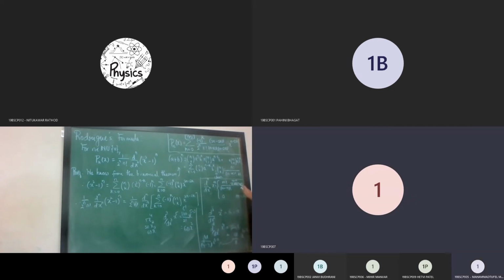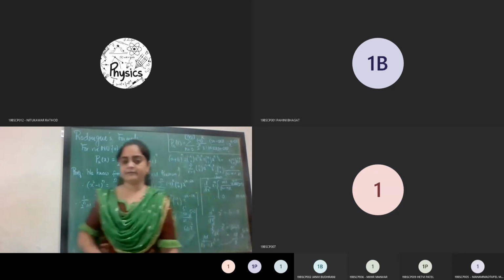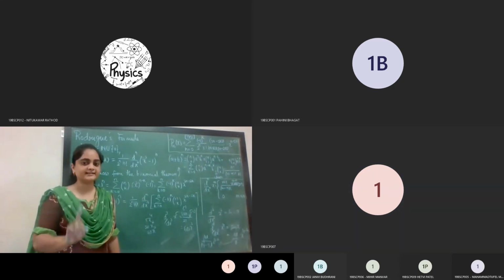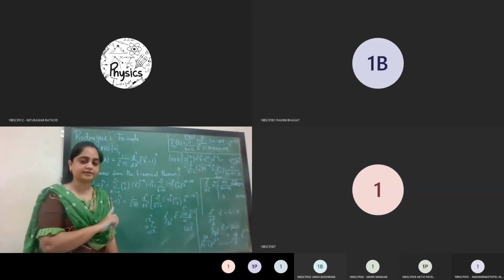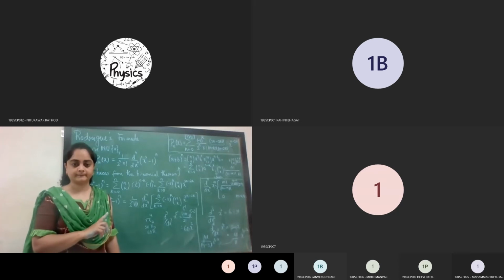Yes, ma'am. अभी एक ही केस बचा, that is m is equal to n. m is equal to n जब आप लोगे तो if you see this one, this will become 0 factorial. And x raised to m minus n, that is also 0, so you will be left with the n factorial only. Therefore, this is the case I can consider m greater than or equal to n. Is this point clear? This is the important point of this formula.